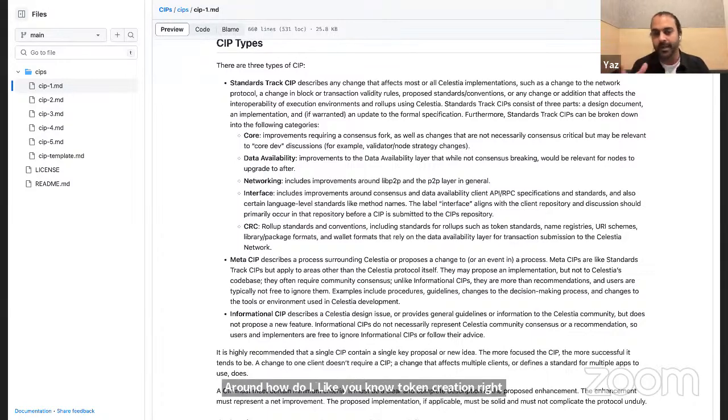Now, Celestia doesn't have an execution environment, but there are a lot of things you can build or propose as a standard that wouldn't necessarily impact the protocol, but people can adopt them if they follow a specific standard. Off the top of my head, one cool example would be a standard around how you format a namespace ID in such a way that it's recognizable by a lot of rollups that decide to adopt such a standard around how you construct a namespace ID.